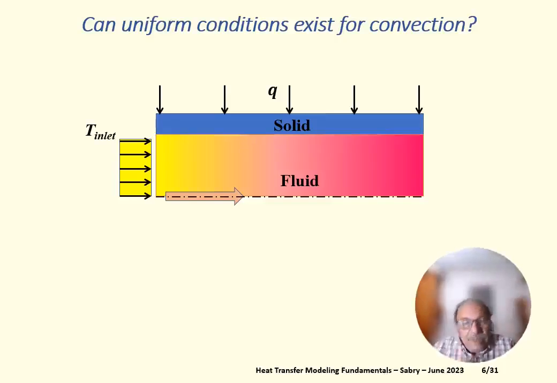Now let us look at the convection problem. Suppose I'm having a fluid flowing inside a solid duct, and I'm heating from the outside of the duct by uniform heat flux, and there is a flat temperature profile at inlet. Of course, since I'm heating, at the outlet the fluid is hotter than at the inlet, which translates into a temperature gradient inside the solid also. The solid temperature at the outlet or near the outlet is higher than the solid temperature at the inlet,